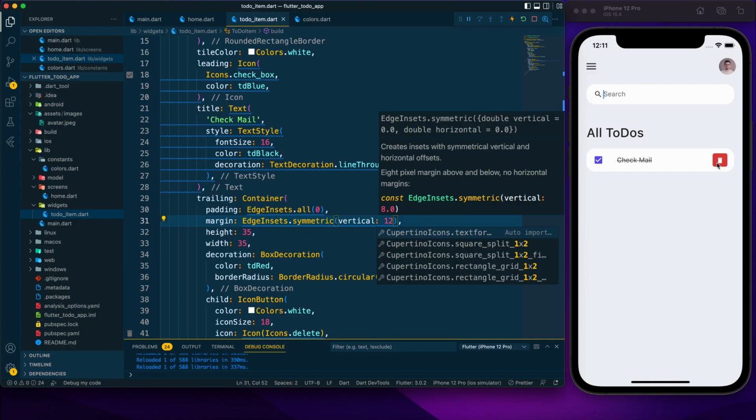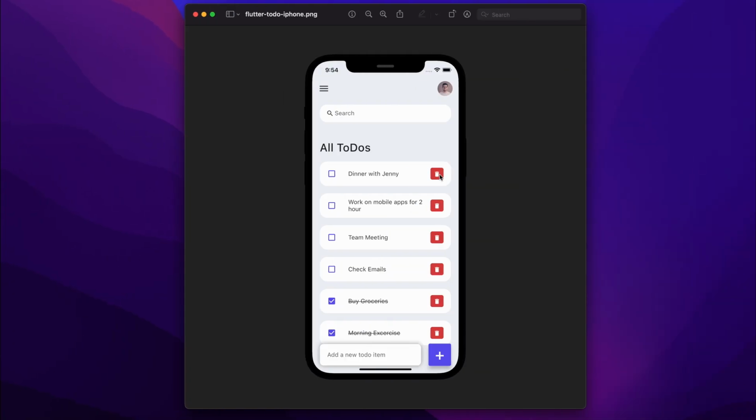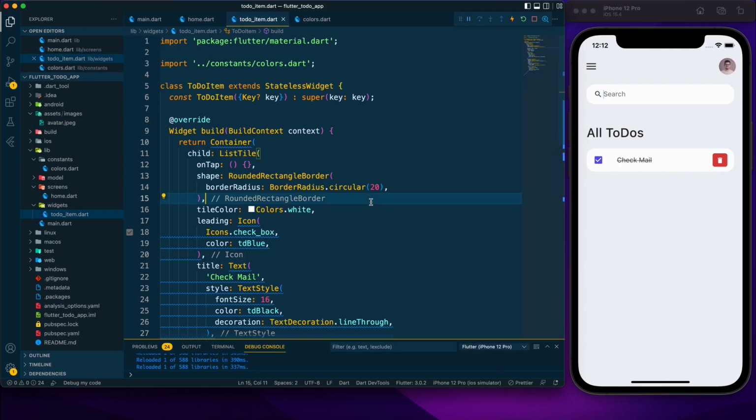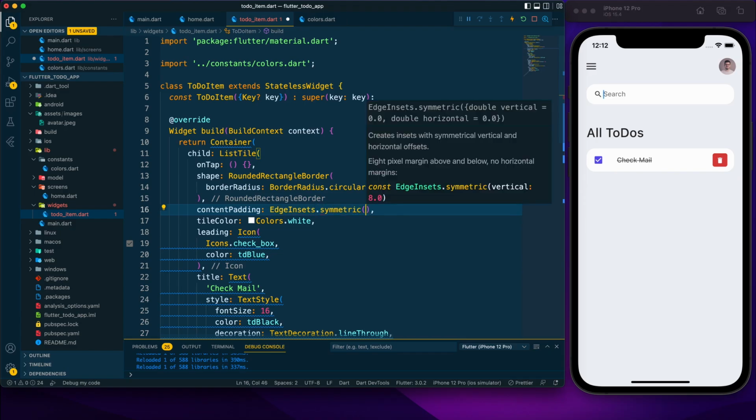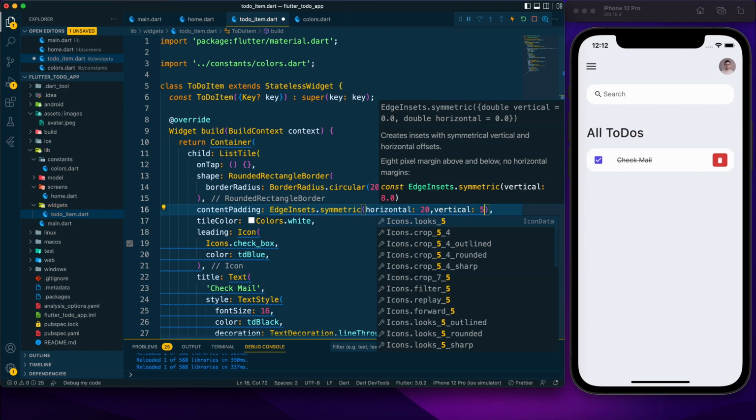So now the shape of it is similar to this one, but I can see that we have a padding outside of this icon, so that means throughout the list style. So that's why I need to provide content padding for this list style, and here let's provide horizontal 20 and vertical 5. So now it's looking good,